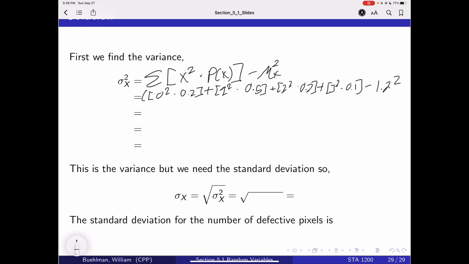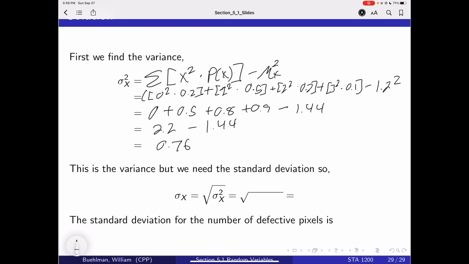This gives us 0 plus 0.5 plus 0.8 plus 0.9 minus 1.44, which gives us 2.2 minus 1.44,